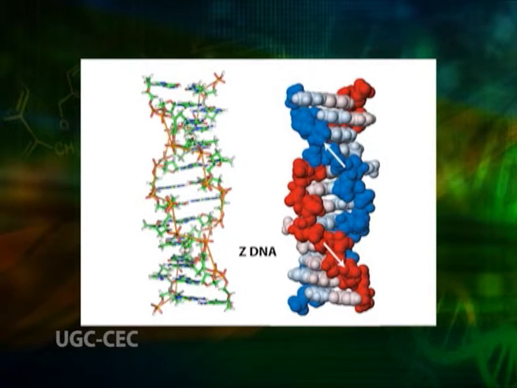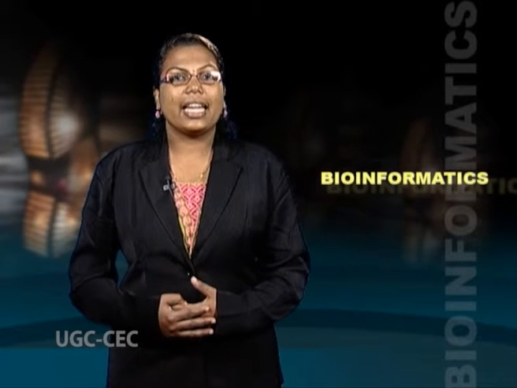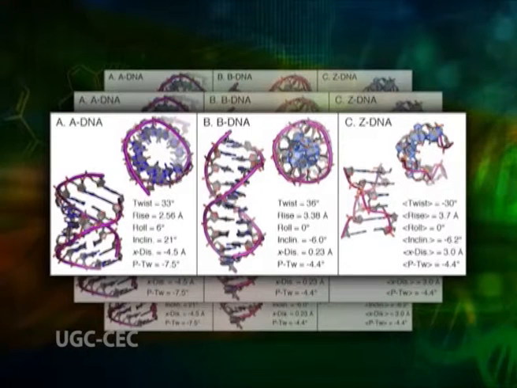As I explained earlier, Z DNA can form when the DNA is in an alternating purine-pyrimidine sequence such as GC, GC, GC. The big difference is at the G nucleotide. It has the sugar in the C3 endo conformation like A form nucleic acid, in contrast to B form DNA, and the guanine base is in the syn conformation. Z DNA tracks may play a role in regulating the expression of some genes or in genetic recombination, but the role is not yet defined. These are the figures showing the comparison of B DNA, C DNA and Z DNA.